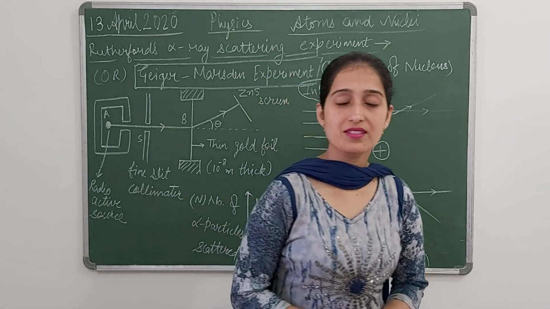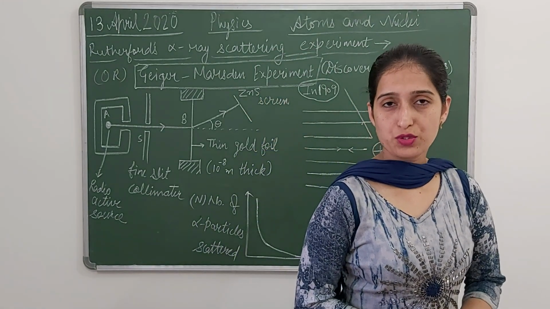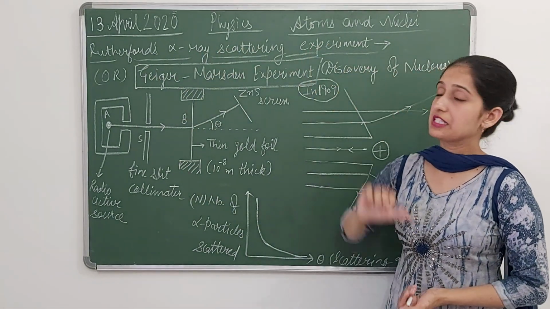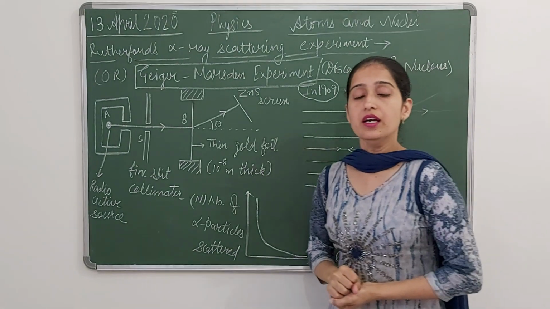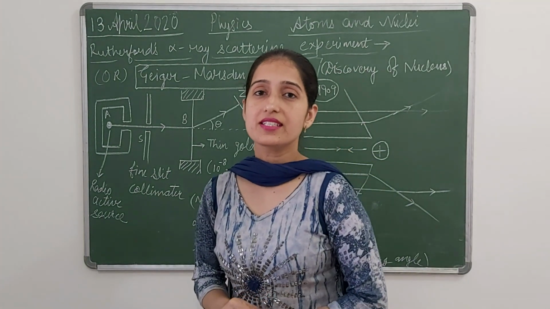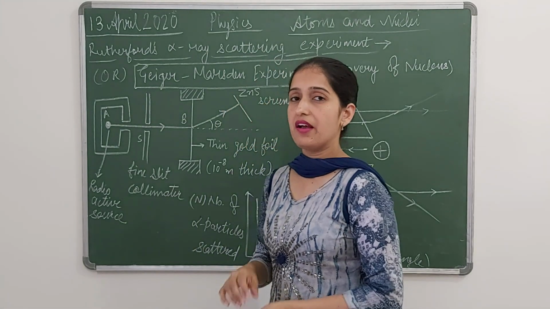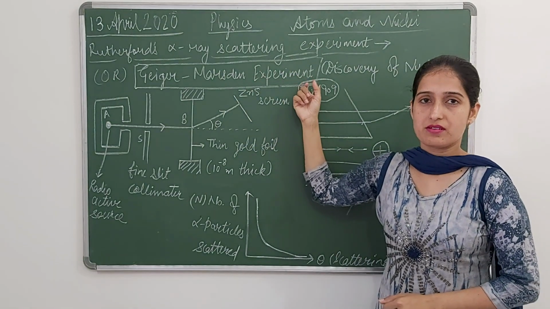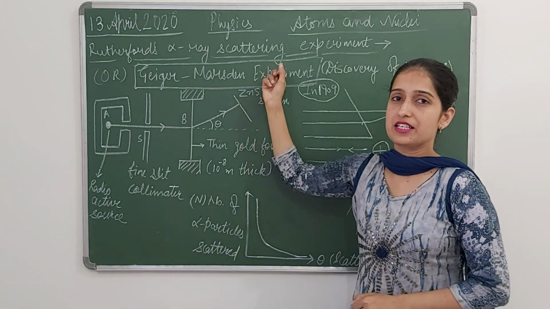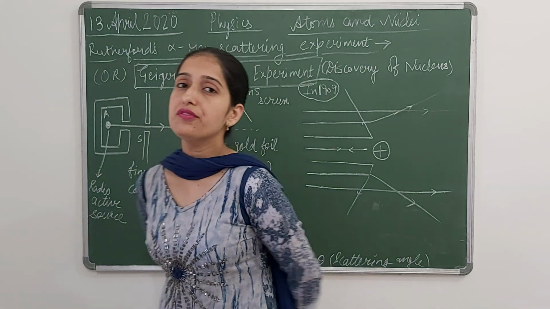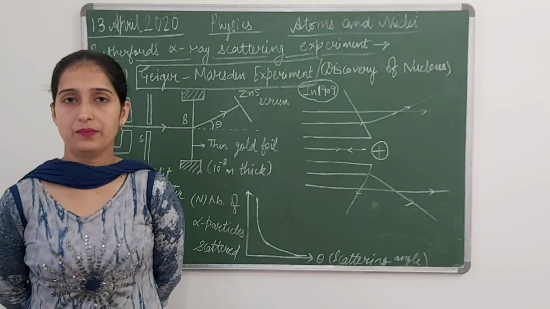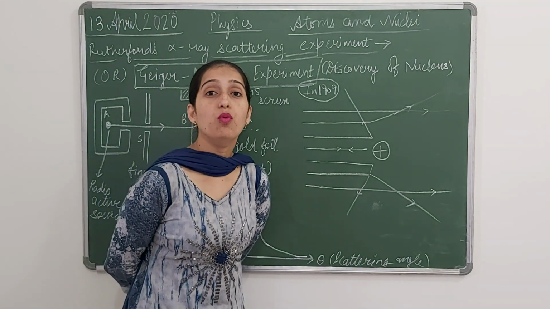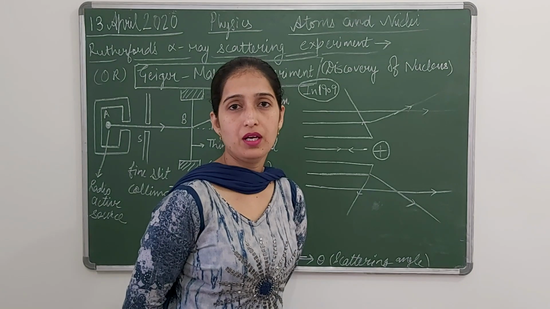So last time we discussed Thomson model of atom, and today our topic is Rutherford's alpha ray scattering experiment. It has one more name, that is Geiger-Marsden experiment. Along with Rutherford, Marsden and Geiger did a lot of experiments to get more information about atom, because